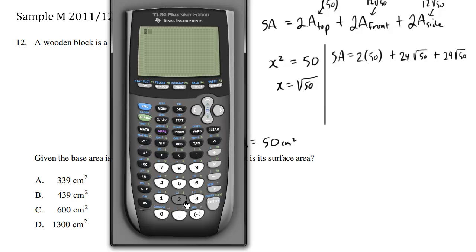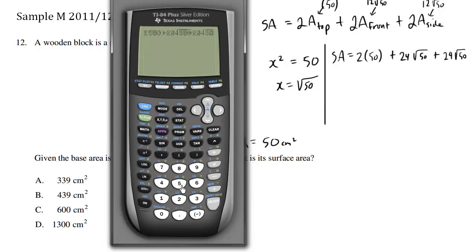So we have 2 times 50 plus 24 root 50 plus 24. Oops. Let's be careful now. Make sure that we are working with the correct algebra here. Plus 24